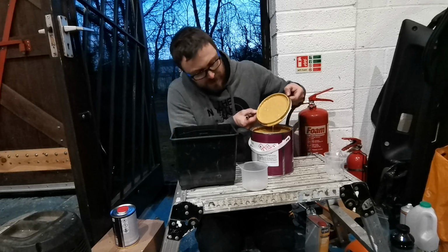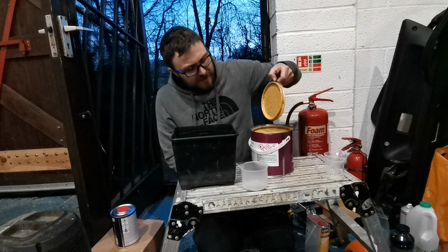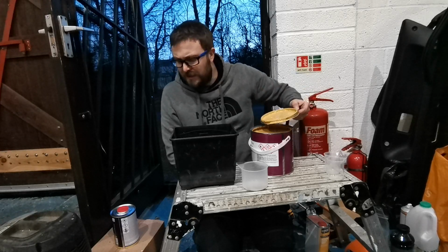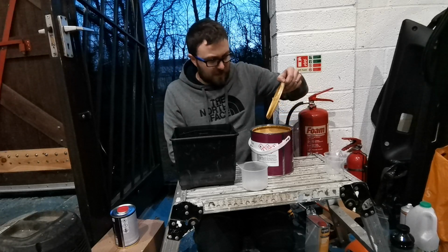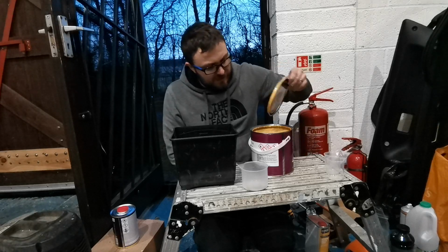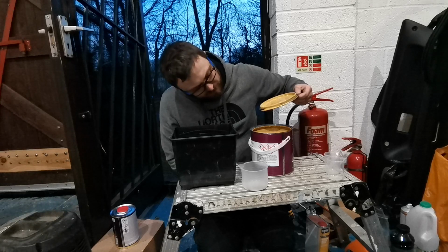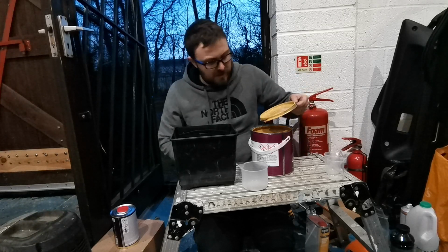Oh no! We have got Camel Trophy Yellow. I think it's also known as LRC 361, I think it came under. Look at that. That is glorious. I've ruined the lid already, but...